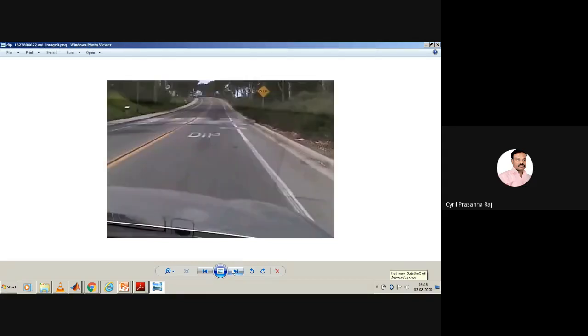Similarly, take one more image here. See again, there is a lot of background here, and there is one sign here telling that yes, there is a dip here. So they would have made this dip because the water has to flow. So we have to see whether this image could be understood by the driver. And see, this is the bonnet of the car, and your image camera is available somewhere in the car.